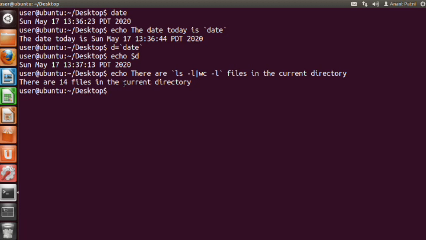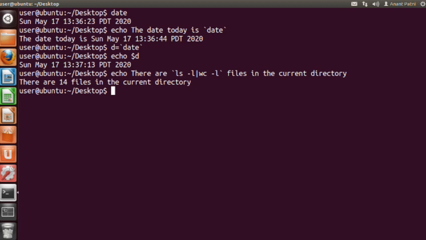You can also use pwd here to replace current directory. Command substitution is one of the major features of the shell. It speeds up a lot of work by letting you combine a couple of instructions in one.